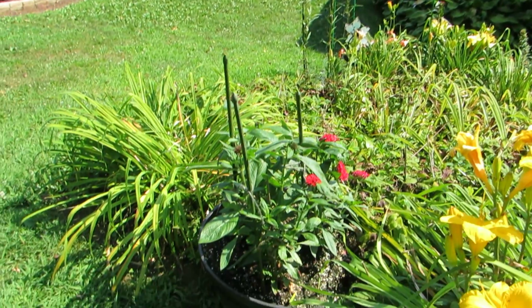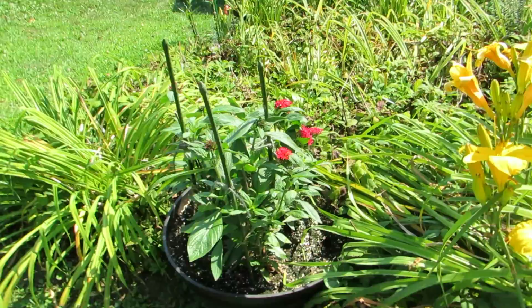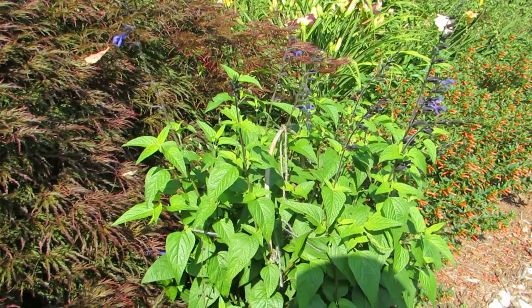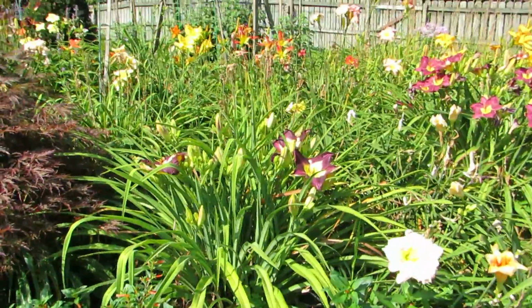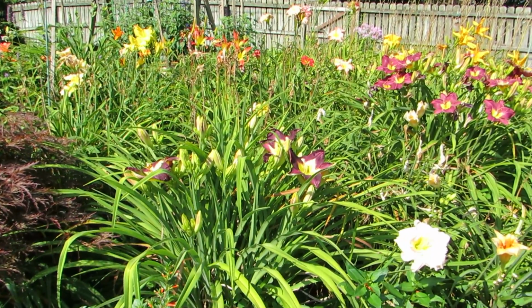This is a pentas plant I have in a pot, and the hummingbirds and the butterflies like it. It's just really starting to grow and take off. That's a tall pentas. And here is Black and Blue, and this is Vermillionaire, Cupia, and David Verity in the back. And there I see a late blooming daylily has just started, one of my favorite ones,